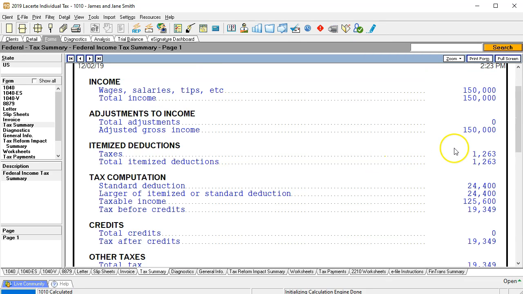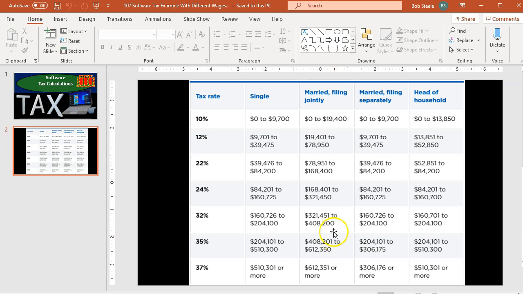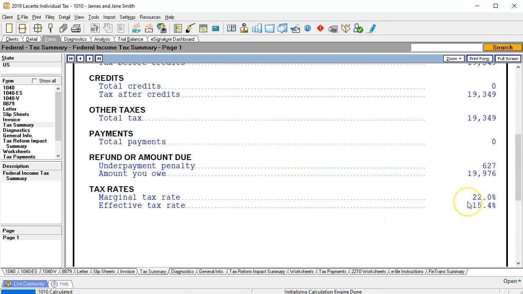150,000, back to the forms. So that's going to be the gross wages, 150,000. We're taking out the 24,400 for the standard deduction, bringing it down to the 125,600. So now the tax would be 19,345. So if we think about that in terms of the table, 125,600 here is going to be between this column. So we should be at the 22% marginal tax bracket. So if we scroll back down, we're going to say at the 22% marginal tax bracket and the 15% average